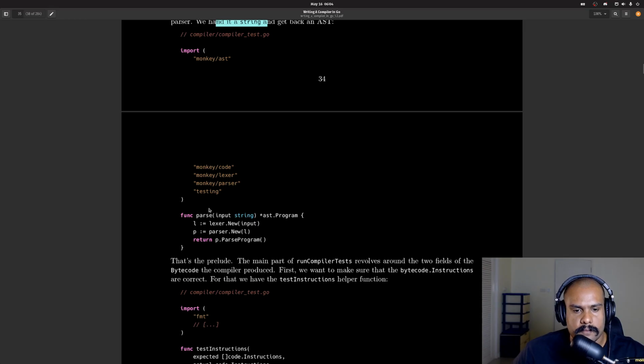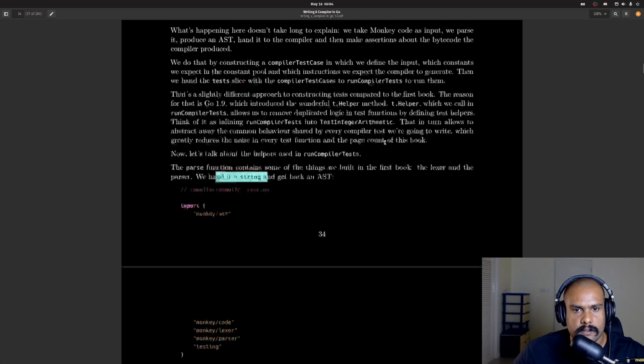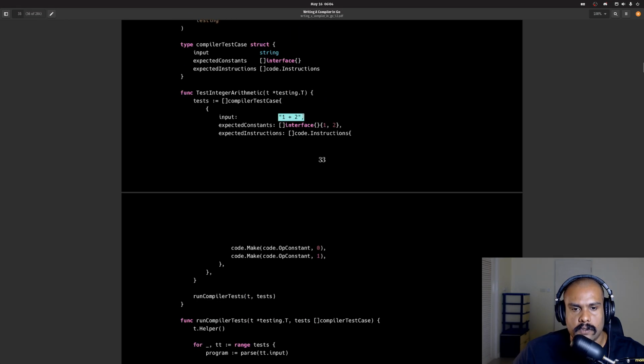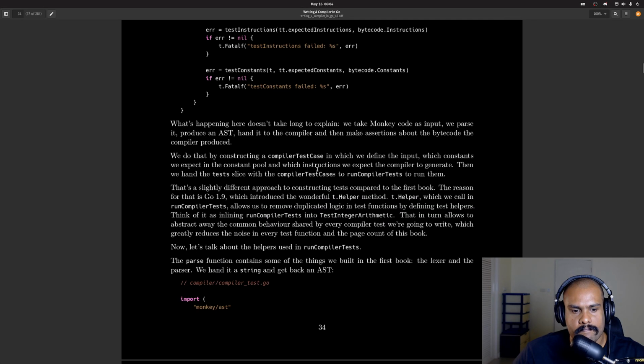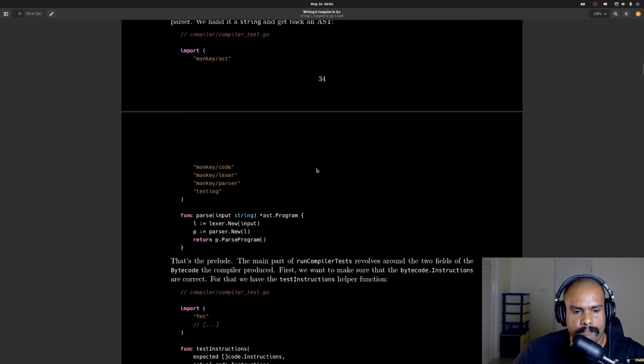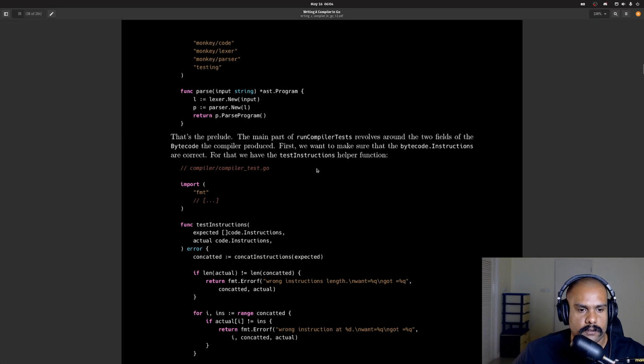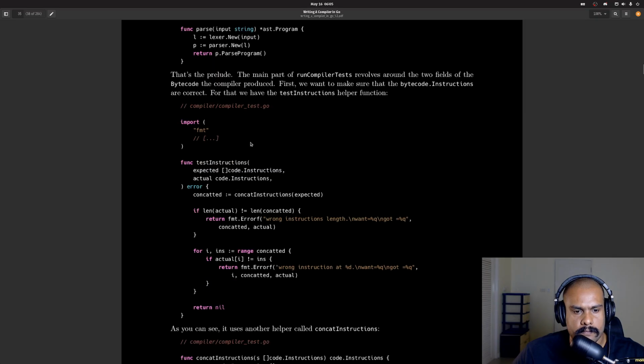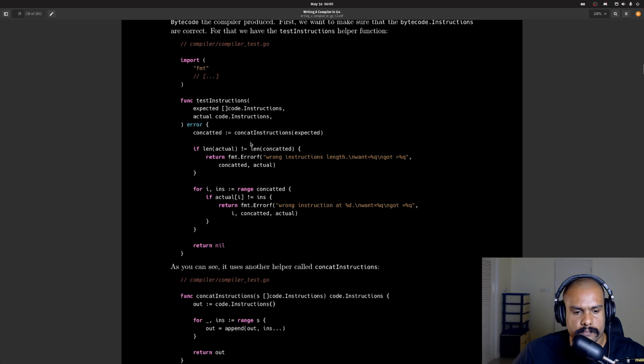I'm going to have to add the expression statement, parseExpressionStatement, because otherwise this will not work, which I can do quickly. Yep. Then you run the actual